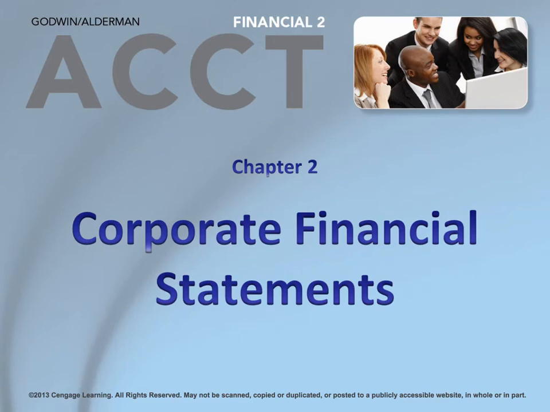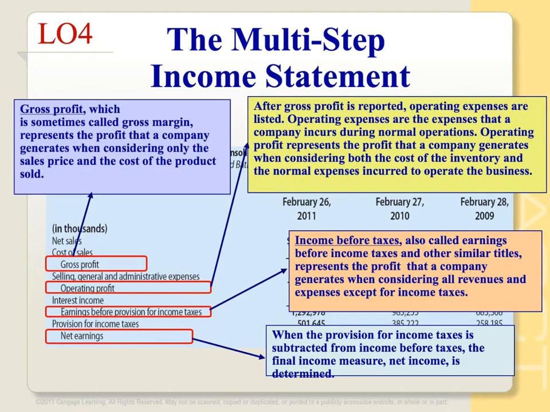Welcome everyone, and let's begin our learning module on the multi-step income statement. It might be worth your while to go ahead and turn your book to page 31, as the slide gets a little messy, and you'll be able to see the slide that we'll be talking about in Exhibit 2-2, page 31. You'll see here on this slide that we're going to demonstrate or look at the parts of the multi-step